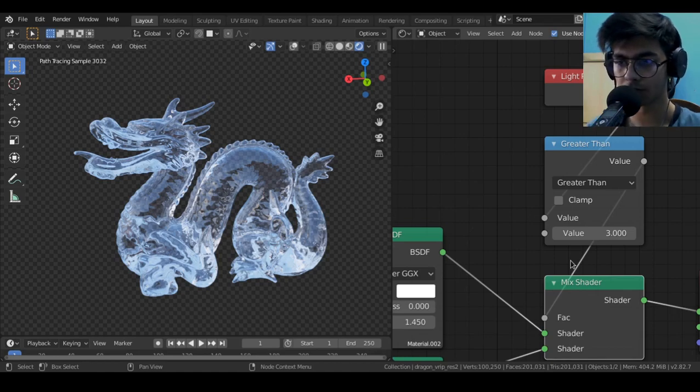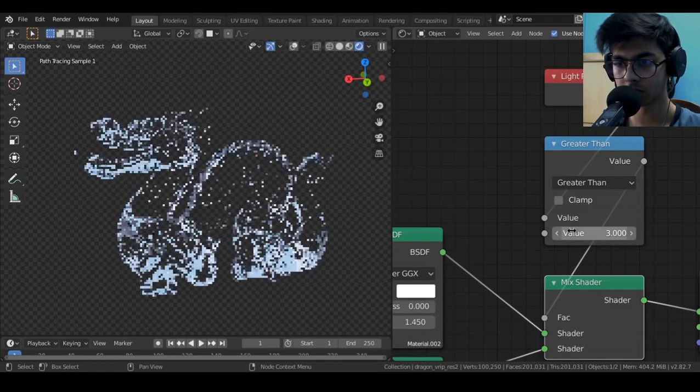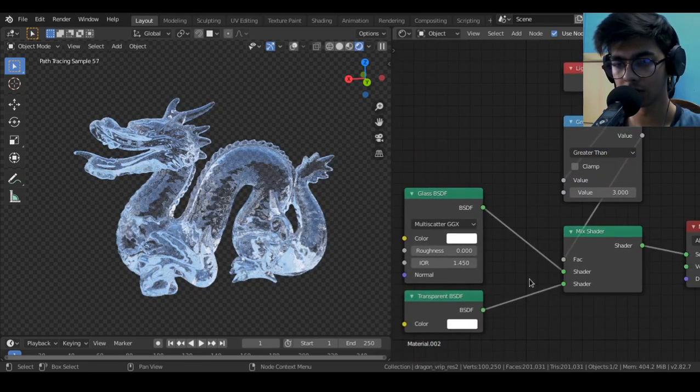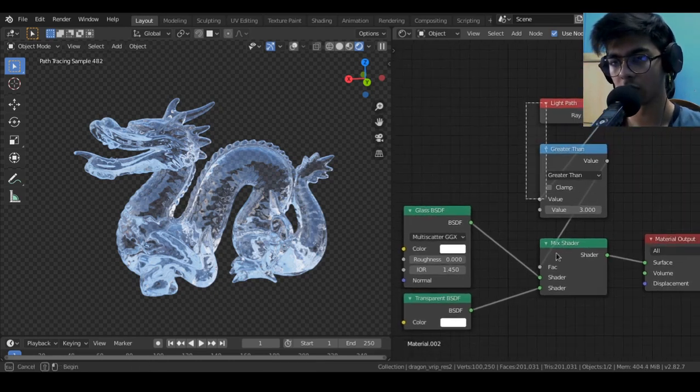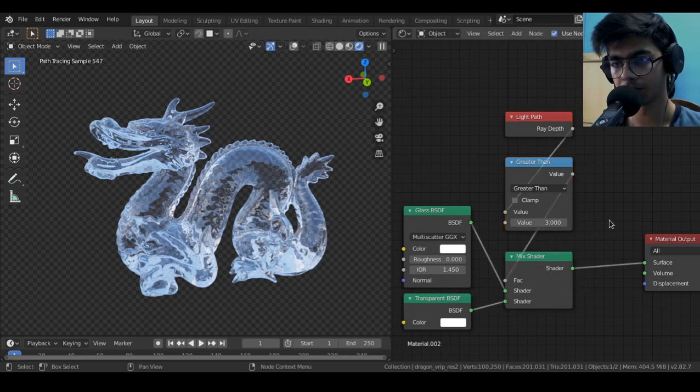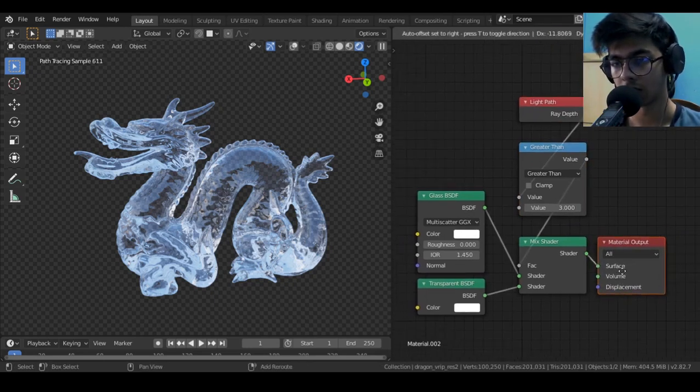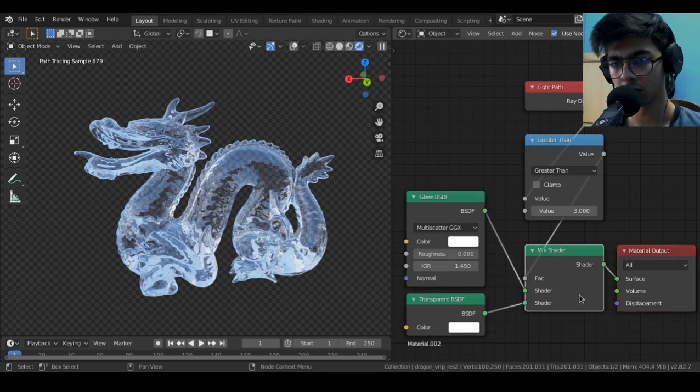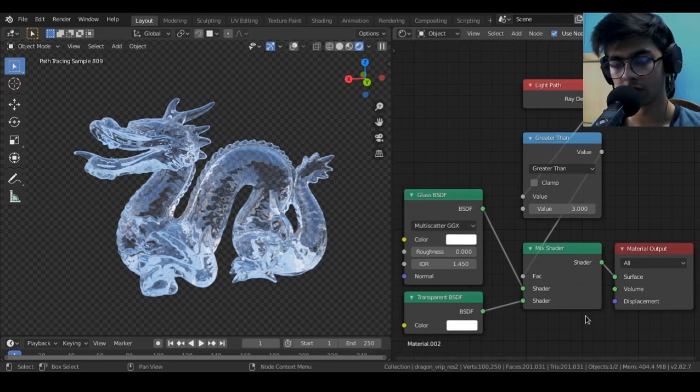As soon as it goes for the 4th ray bounce, it exceeds this limit, and then what it does is it tells Cycles that this shader is a transparent shader now. So the light escapes. So here's the difference, right? The light escapes instead of getting terminated there. So it does not give you the dark patches in the glass shader anymore, and it also makes it much faster to render while keeping the realism intact. And there isn't really too much of a difference between the level of realism, but the render times and the noisiness can be a dramatic benefit for your renders.